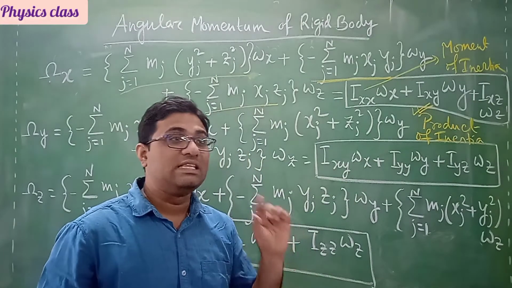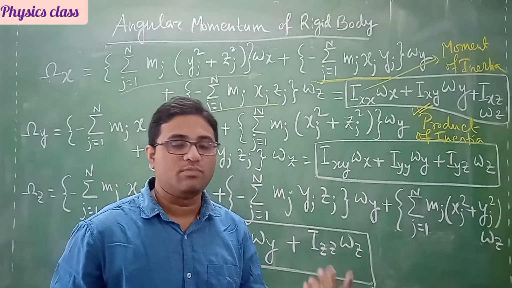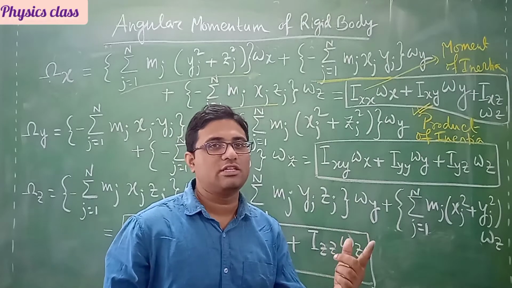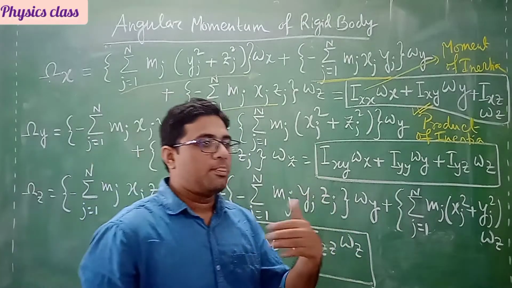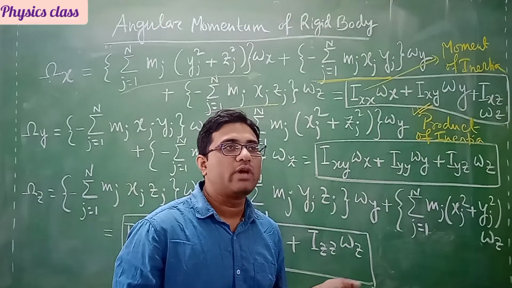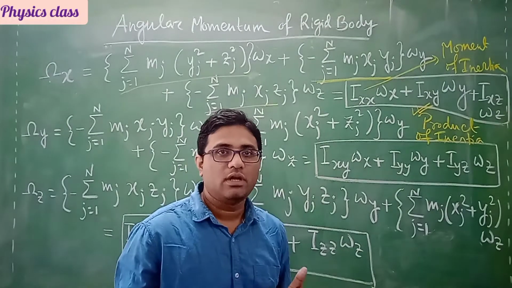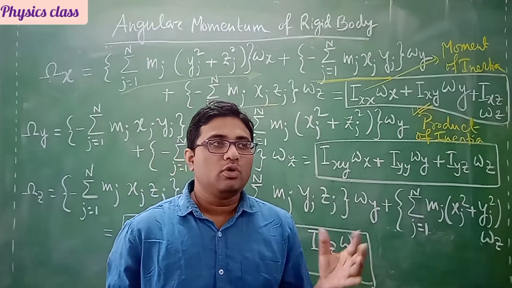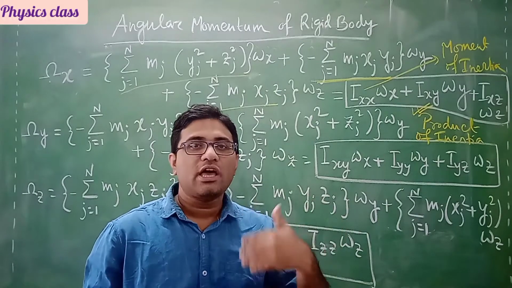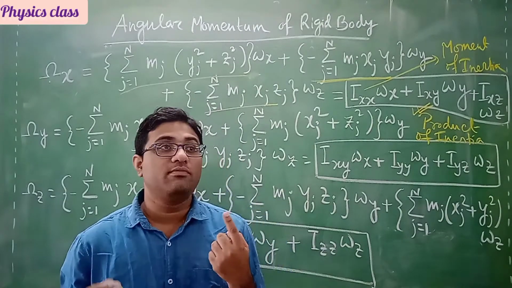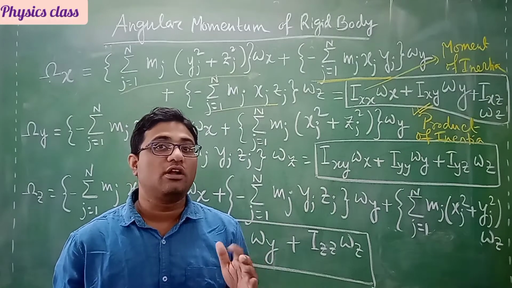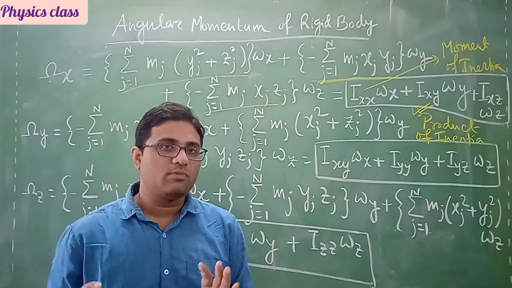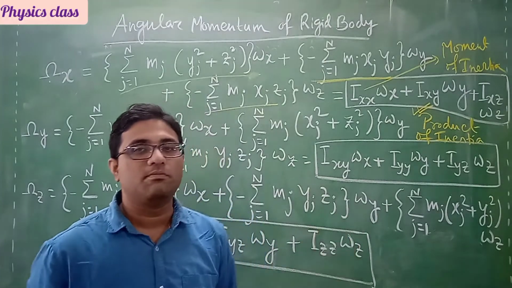When you consider a general rotation about an axis, meaning the axis of rotation is a general axis, not a particular axis, then your angular momentum you can simply write as I into omega. Right. So in your 11th class, if you remember, you simply wrote I omega. That I is the moment of inertia about a particular axis, and that axis is a very interesting axis, called the principal axis. I shall discuss what that is. For the principal axis of rotation, I can write L equal to simply I omega.